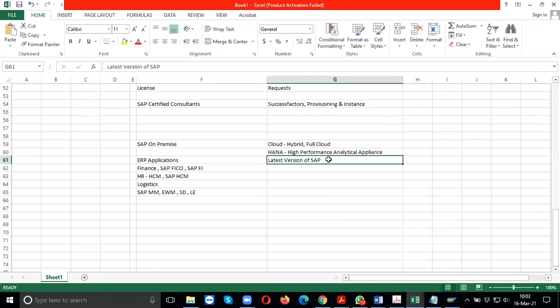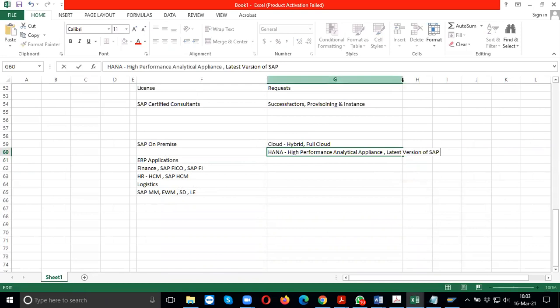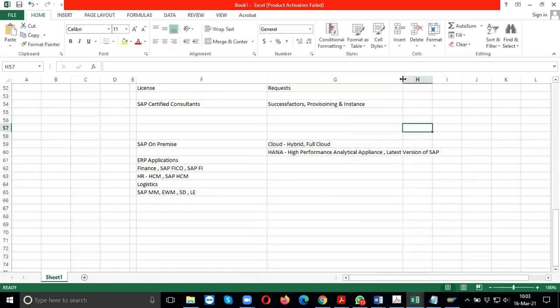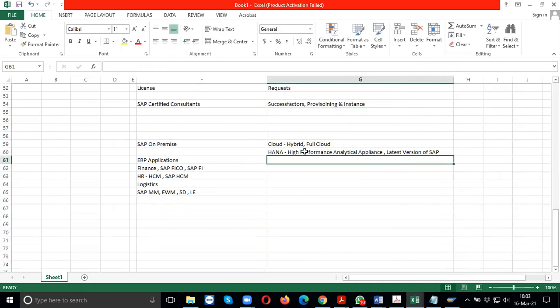Which is having more inbuilt capacity. So customizing is a bit easier. There are a lot of options. So HANA was not an SAP company, and it was acquired by SAP, right? I am forgetting the exact date when they did it.